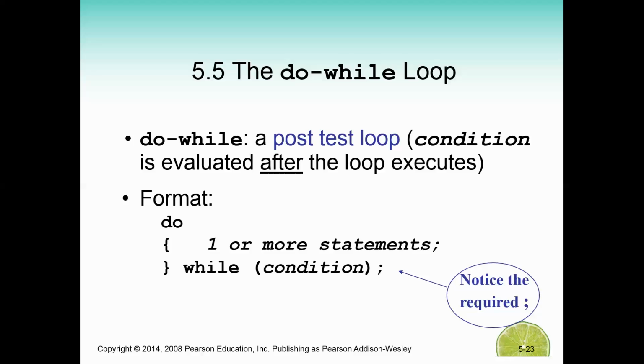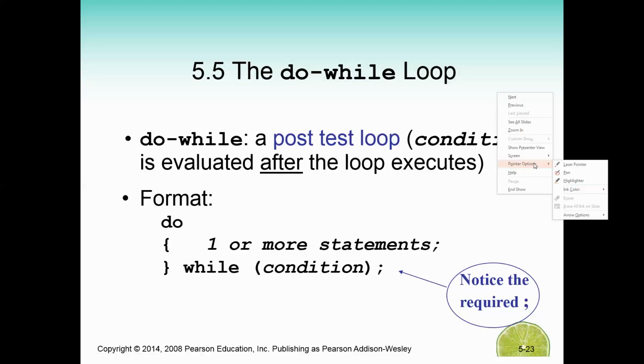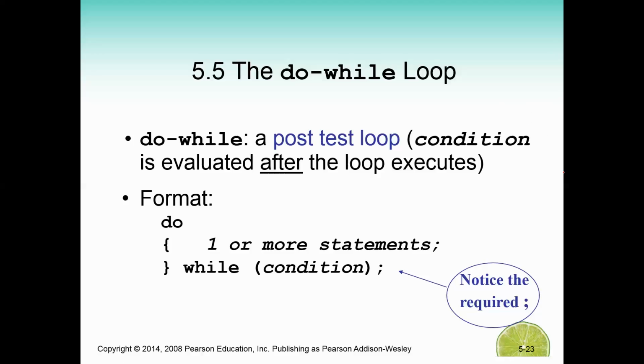I gave you some examples where we were never going to enter inside the loop because we have the condition first. Now we're going to start with a post test, which means first the loop is going to be executed